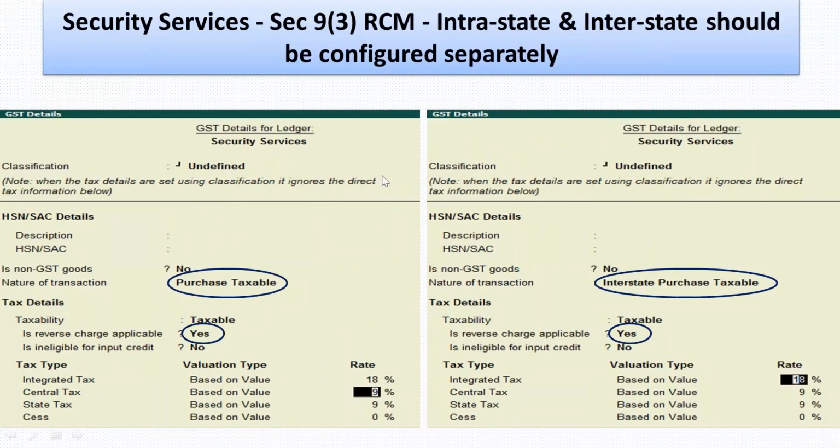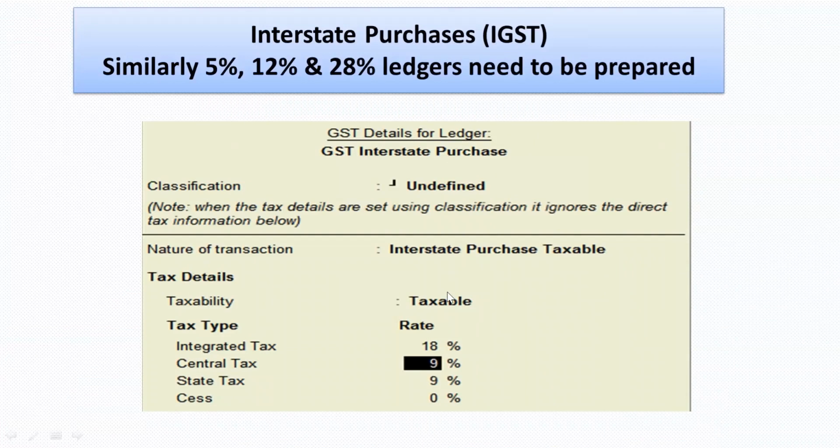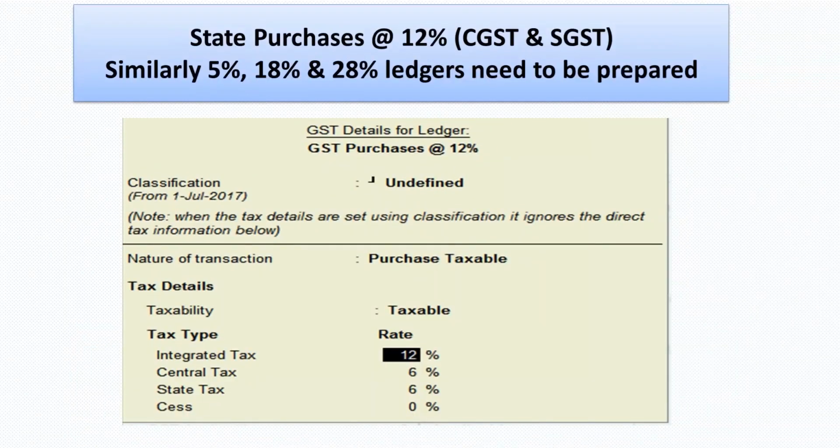Again, as I said, from 1st January 2019, security services also got covered here. So we have just shown a comparison of intrastate and interstate transactions. Both we have enabled as yes, so that we can discharge the tax at 18%. This is a regular forward charge transaction where I'm purchasing some goods or procuring certain services from outside the state, and the various rates we can configure accordingly. We saw that it was 18%. This is at 12%. So rate-wise configurations we can do.